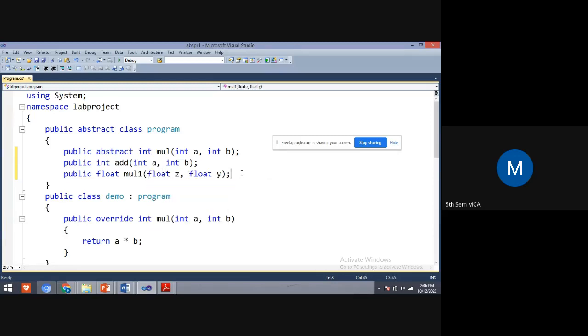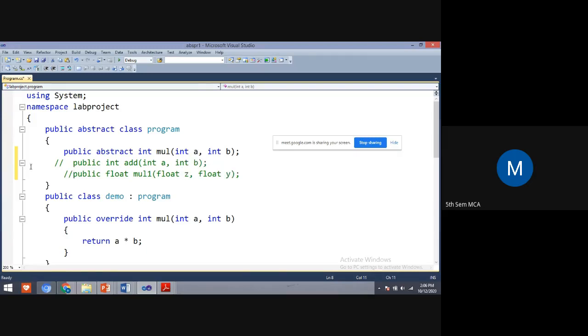Yes, you're following. Now my abstract class has three methods. Three methods, yes students. These two methods are non-abstract methods, and this multiply is the abstract method. The abstract class should have minimum one abstract method.